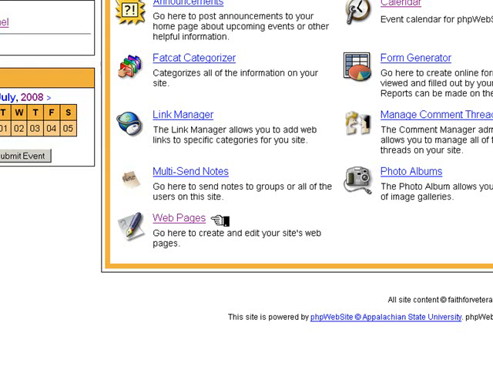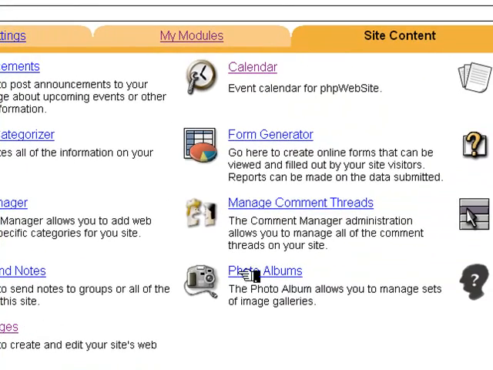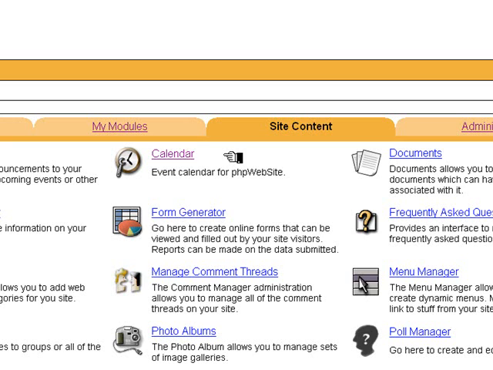You also have your web pages, where you can go to create and edit your website's pages, and create new pages from scratch, if you are able and know how to do that. We will be offering advanced modules and training for that. You also have your own calendar, which is your event calendar for your website, where you can post